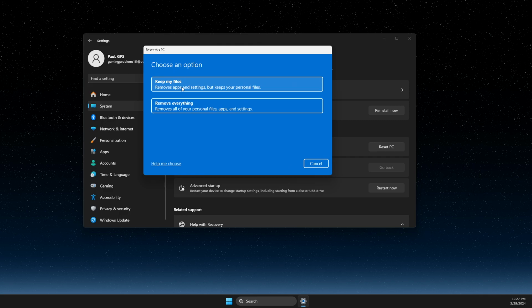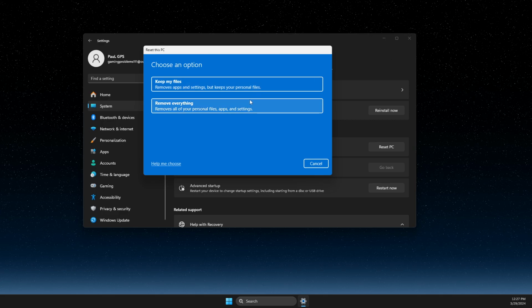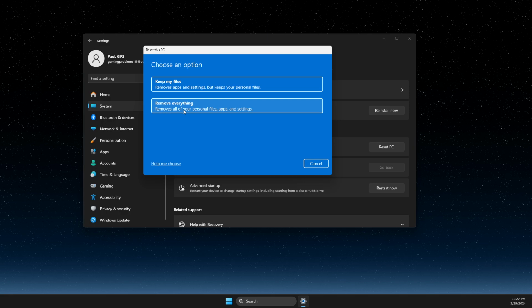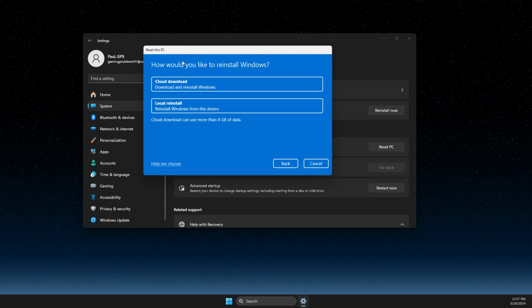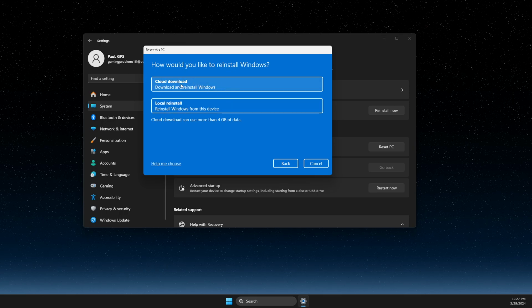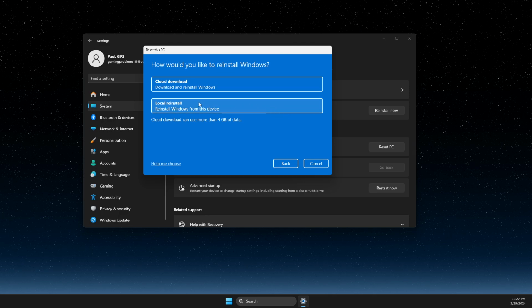You can keep your files and just remove apps and settings, but keep your personal files. And for example, if you want to sell your PC, you need to just remove everything. So remove all your personal files, apps, and settings. So you just need to press on that. As you can see here, getting things ready. You can download files and reinstall Windows, or you can reinstall Windows from this device. So press whatever you like here, and yeah,